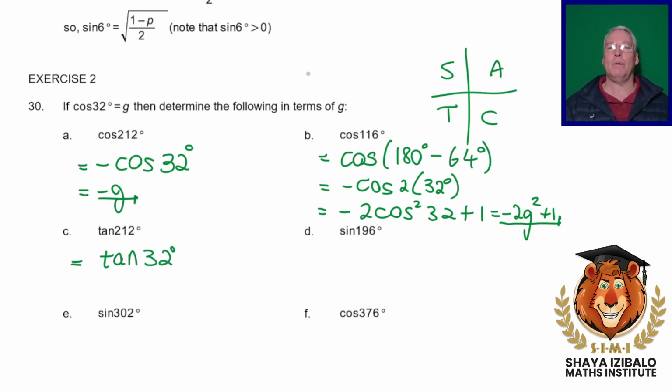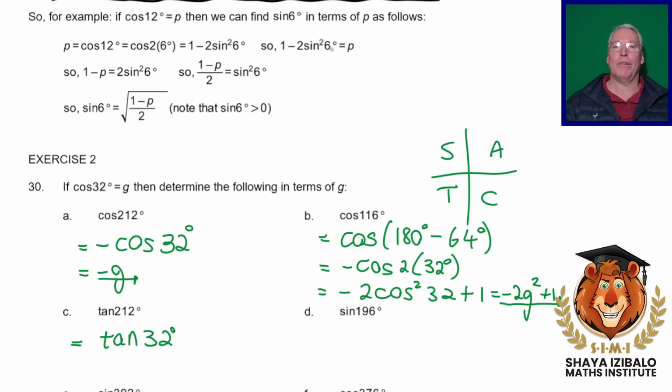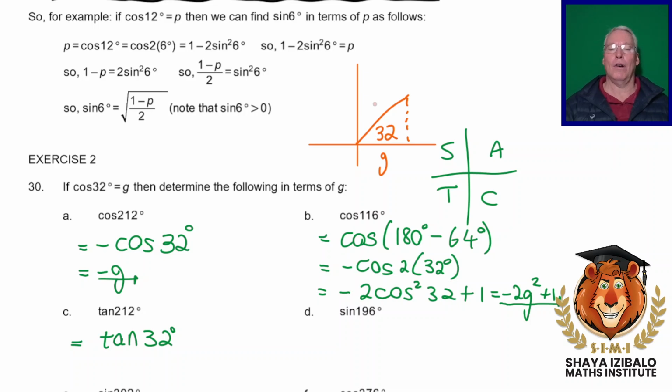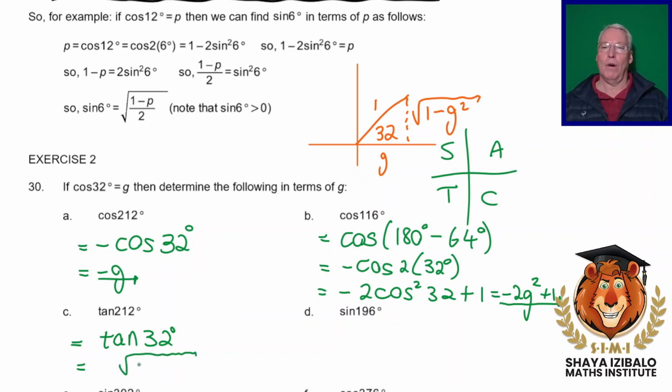To do this one, ideally we need a little sketch. I'm actually going to pop that little sketch up here, and we're going to see what it looks like. Right, so we've got something like that. Okay, we've got a 32 degree angle over here, and cos is x over r. So in fact, this is the square root of 1 minus g squared. And so tan of 32 will just be the y value over the x value. It will be the square root of 1 minus g squared